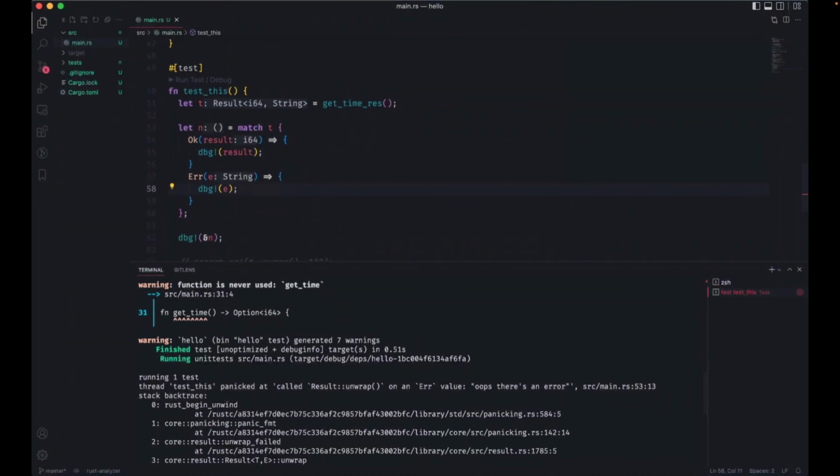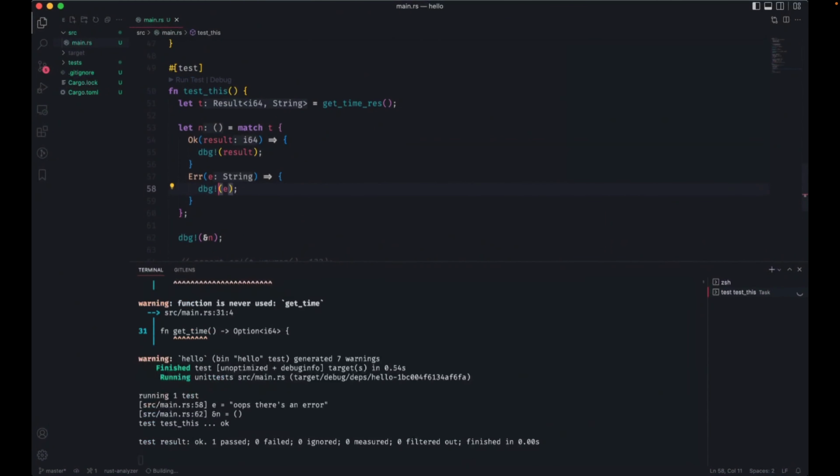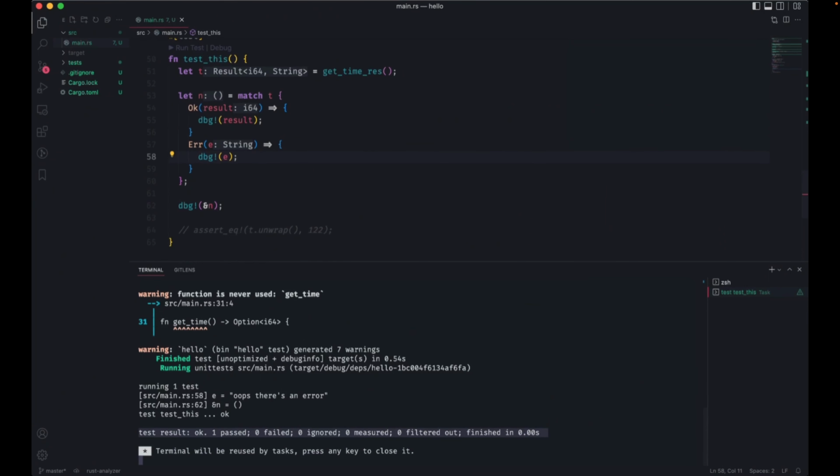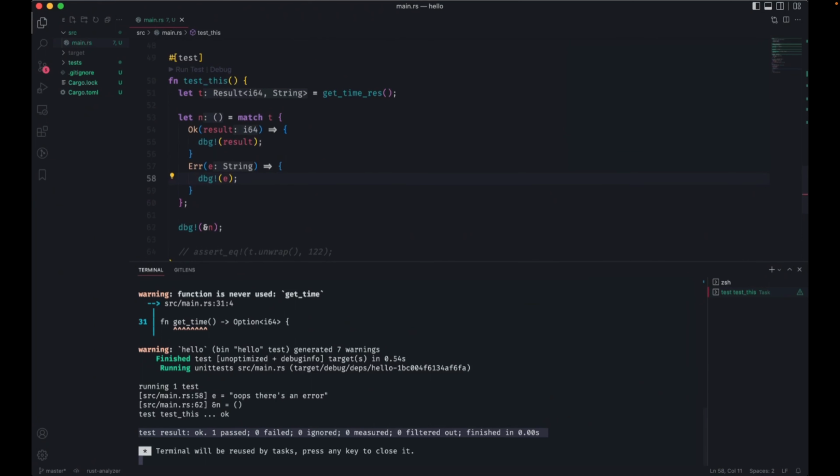So if I run this now, instead of it panicking, I see my test actually passed. My function still works. It didn't abandon the thread. It did exit successfully because, while you did have an error, you told me what you wanted to do with this error.